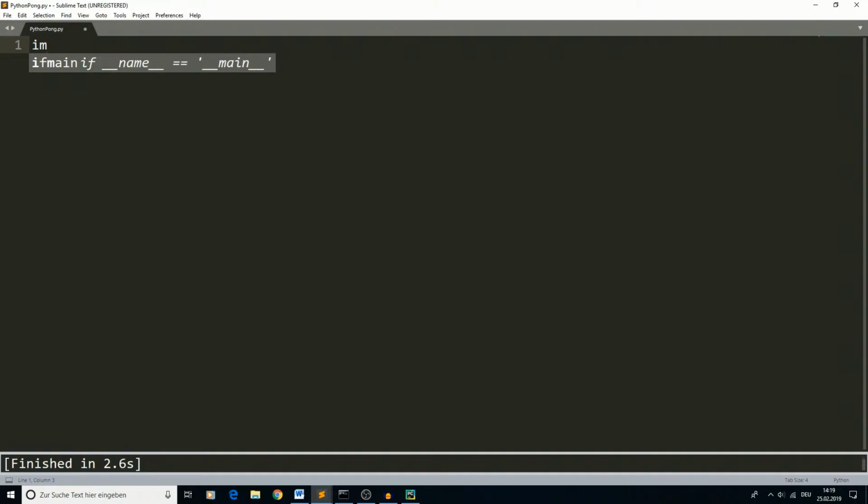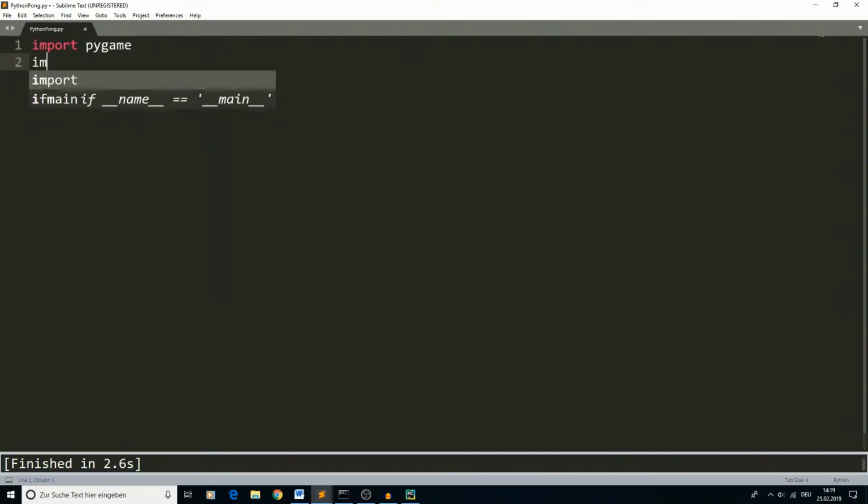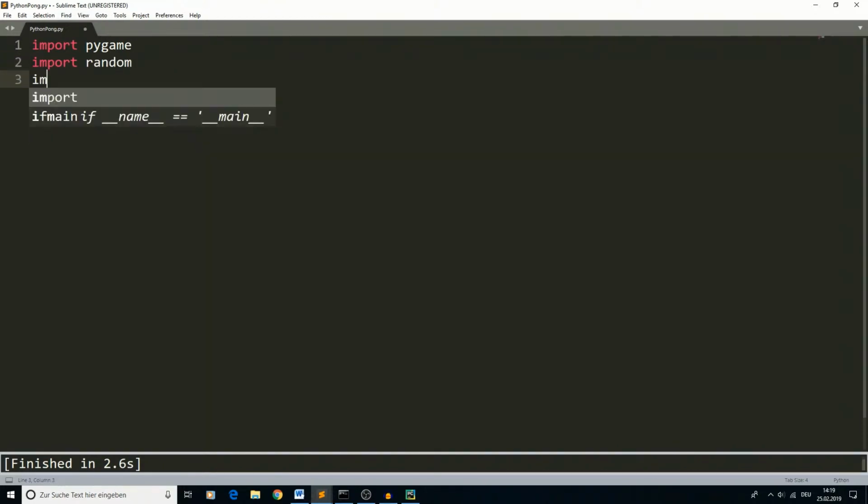At first we need to import our modules: pygame, random. We need random in order to generate random numbers, and we also need sys, which is needed in order to close our game properly. And then we will set the width of our screen, which is 500 pixels, and the height of our screen is also 500 pixels, and then we set the bed width,